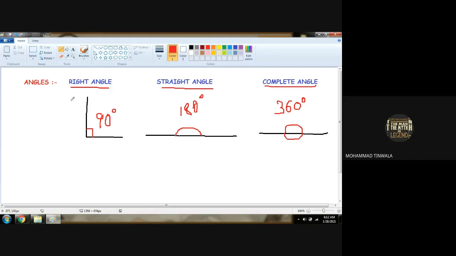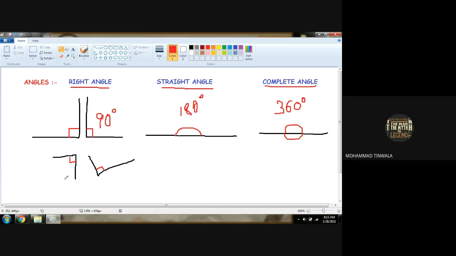See, 90 degree can be in any form. It is not necessary that this side is 90 degree. This is also known as 90 degree. Are you getting? The 90 degree can be in this direction also. This is also known as 90 degree. It is not necessary that because Mohammad sir took 90 degree from the left hand side, that only is 90 degree. No, angle can be in any form. Even this is known as 90 degree. This way also it may be 90 degree. Are you getting my point?